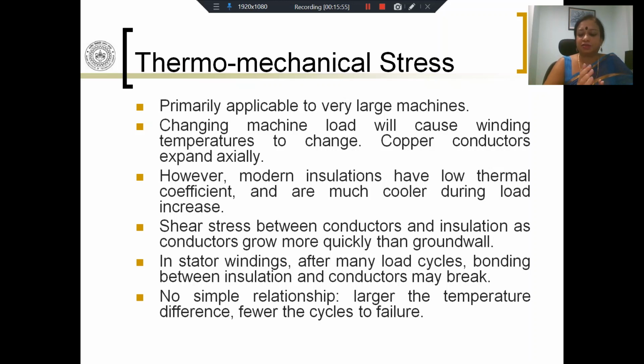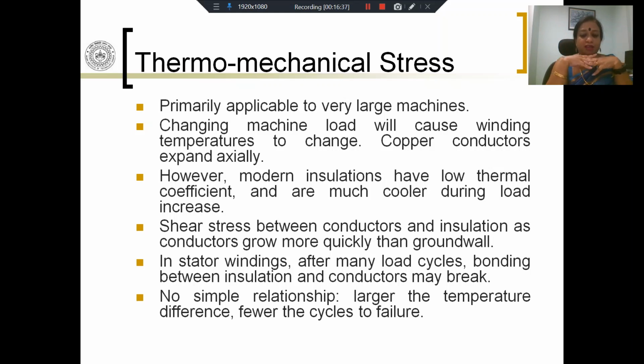And the thermal coefficient of expansion for the copper conductors will be very high. The insulating materials surrounding that will have a low thermal coefficient, and they will remain cooler. So there will be shear stresses between the conductor and the insulation because the conductors are growing more quickly and the insulation is not. As a result, there will be a shear stress between the conductors and the ground wall insulation. As a result of this, after many load cycles, so every time an increase and decrease takes place, bonding between the insulation and the conductor may break, and in that debonded region, you may have partial discharges,